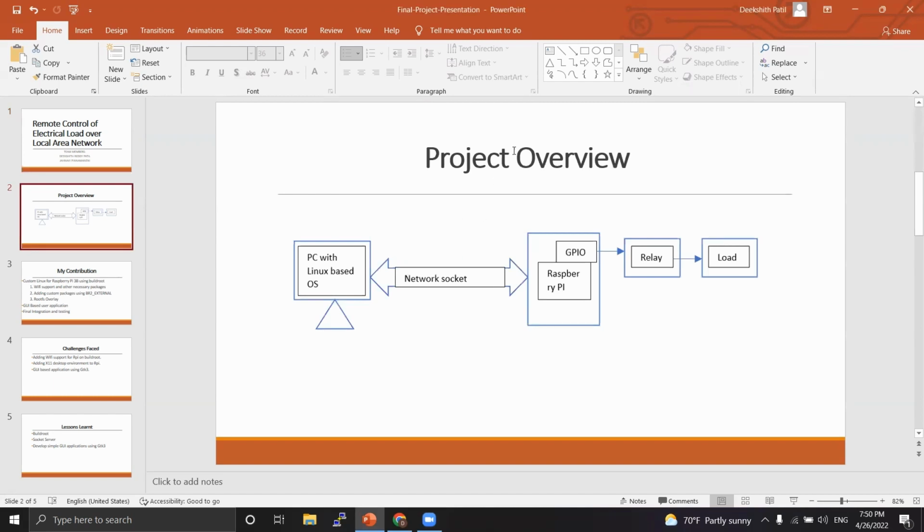So this is how the project overview looks like. We have an electrical load that's in turn connected to a relay, which is actuated by the Raspberry Pi. The user gives the information on how he intends to control the electrical load through a program that runs on the PC having a Linux distribution. This information is in turn transmitted over the network socket, decoded by the Raspberry Pi, and the load is